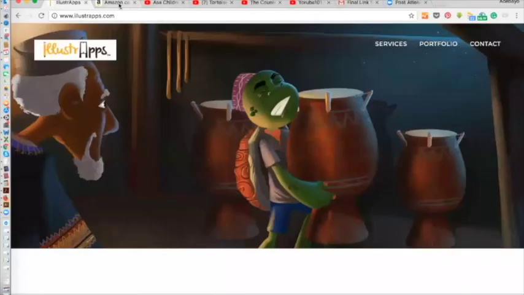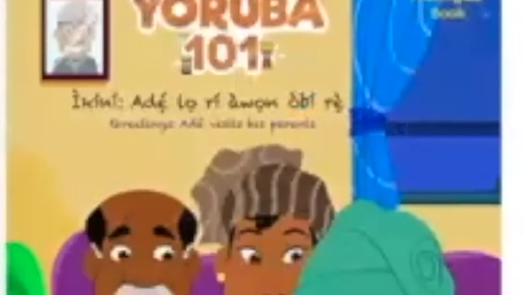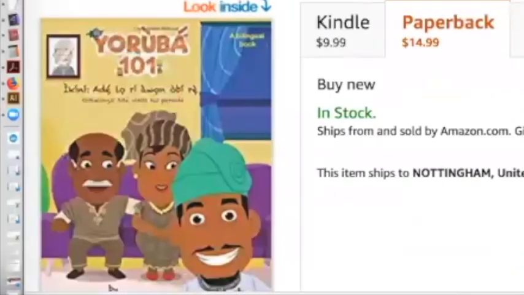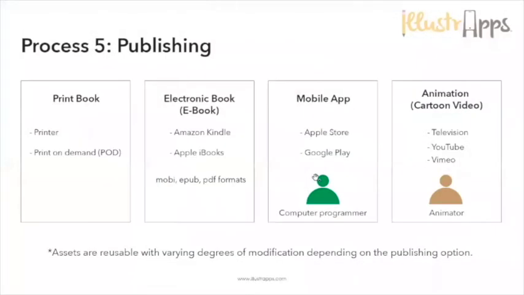Yeah, so I have this book that sells for, so this is the paperback. It sells for $14.99, and my profit from this is about $5 because Amazon will factor in its royalty. Amazon will factor in the cost of getting it to a printer, and also factor in taxes. So that's the downside to print on demand, but then you don't have to stock up on anything. And you can check out other ones. So Amazon is not the only one.